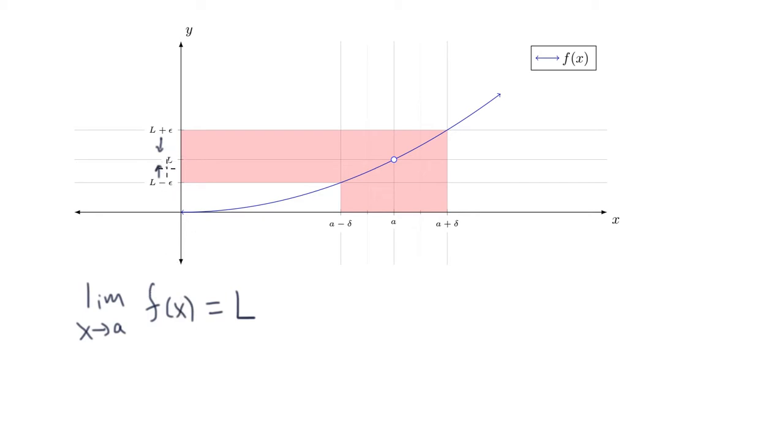And if the limit exists, then I should be able to find a window in the domain around a, such that if I take an x value in here and look at the function value, it's going to land in this small window around L. Okay, so it's like if I zoom in as close as I want around this number L, I can find a window that I can zoom in the x direction, or in the domain of the function, for which every x value in there outputs something in this window.